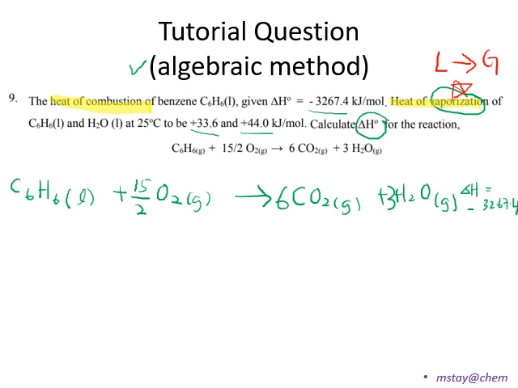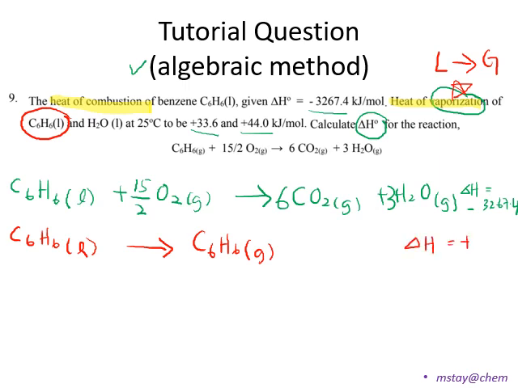So now we have C6H6 vaporized. So we'll put C6H6 benzene when vaporized. The chemical composition does not change, it is still C6H6, but the physical state has changed from liquid to gas. The enthalpy given in the question here is positive